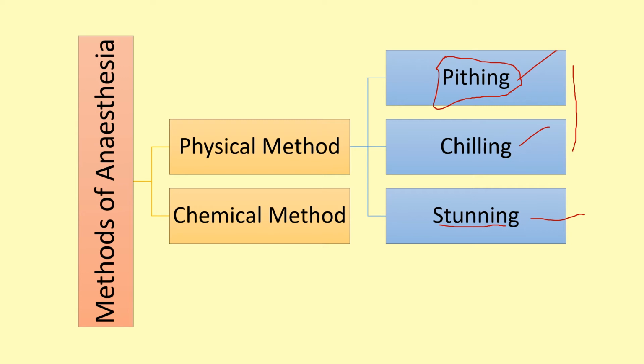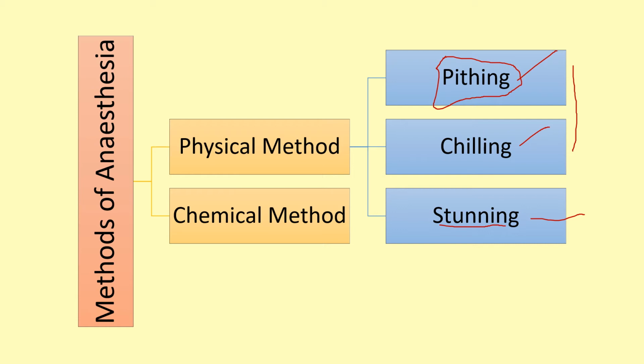At that point, you have to insert the pithing needle and rotate it to and fro. When you rotate it to and fro, you have a separation between brain and spinal cord. Slightly move the needle upwards and again rotate it to and fro. You have a complete destruction of your brain. Again, move the needle downwards and rotate it to and fro. You will have complete destruction of the spinal cord.